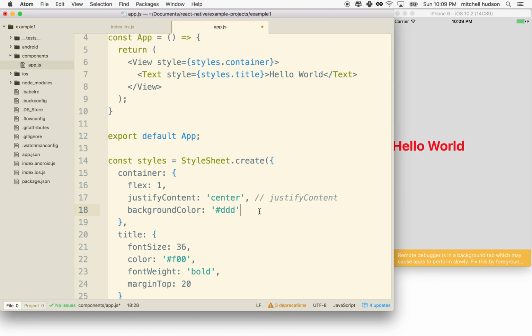And the same goes for background color. So in CSS, you might have background dash color. For these JavaScript styles, what's going to happen is you're going to remove any dashes, and then at the word break, use an uppercase letter, so camel case. Okay,